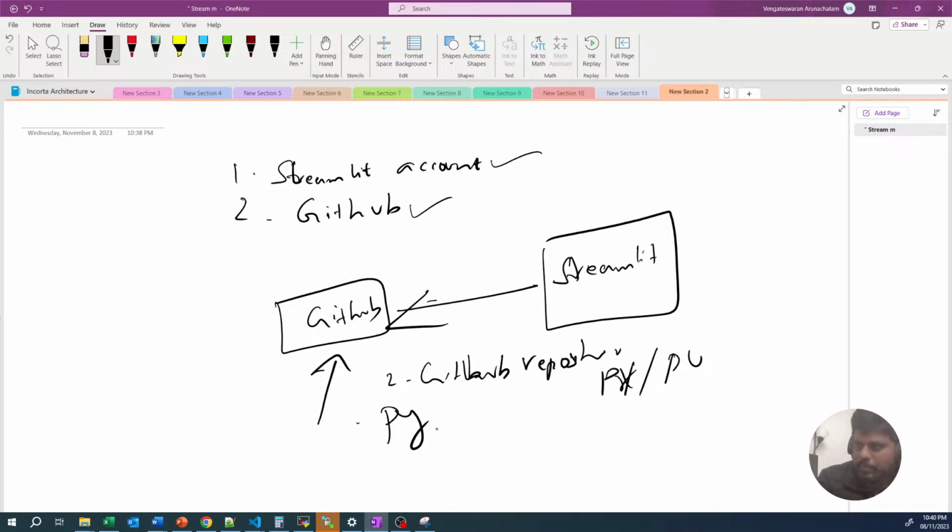And then we have to push the code here, or we can directly upload the file into the repository or master branch. Streamlit picks it up by itself. We don't want to push anything. As soon as we map the repository in the Streamlit account, it will be synced automatically without any manual intervention. So let me go to